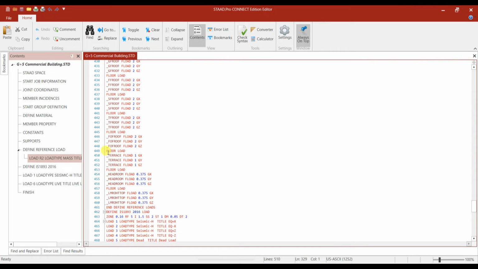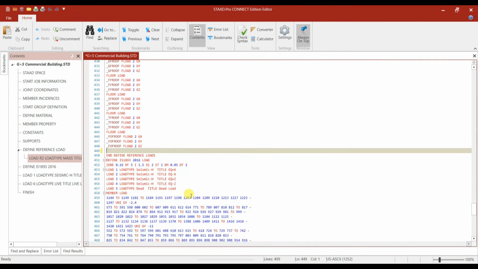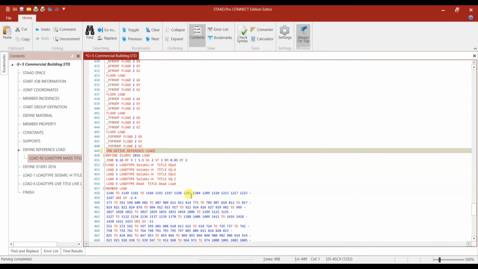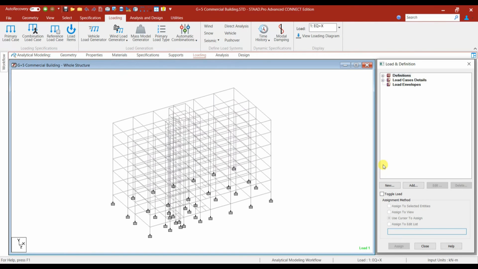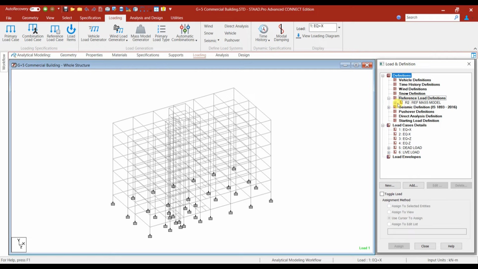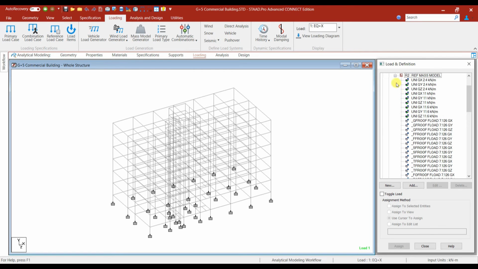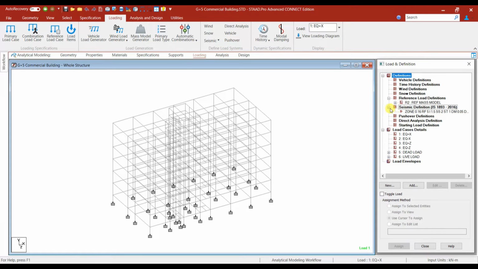So in this till here we can keep, and after that terrace load and this load and all we can delete. There is no need of these loads. And then in define reference load we can save and then close. So if you look into this reference load combinations we have added, if you look into this reference load definitions we have added, and then seismic weight definitions we have added, and under load case details we have added seismic